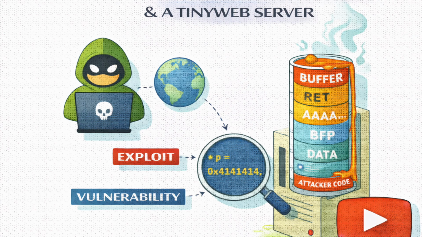It really is. And to be clear, we aren't just picking this apart for the sake of it. This entire deep dive is based on a legendary text, Hacking: The Art of Exploitation by Jon Erickson. In the cybersecurity world, that book is basically the Bible for understanding not just that software breaks, but why it breaks, down at the binary level. It's one of those books that doesn't just give you a script to run, right? It actually shows you the C code, the memory structures, the hex dumps. It forces you to look under the hood.